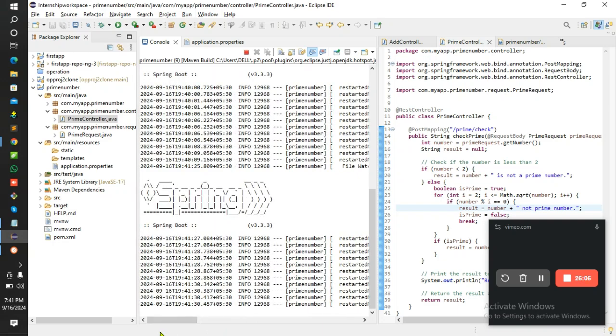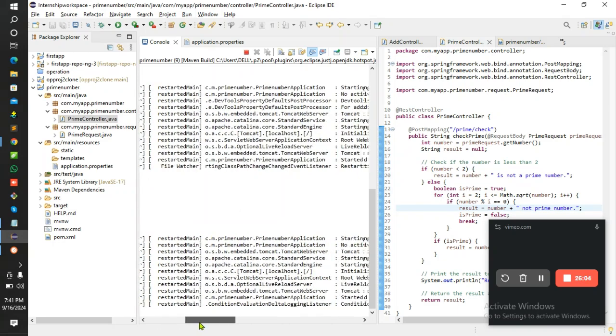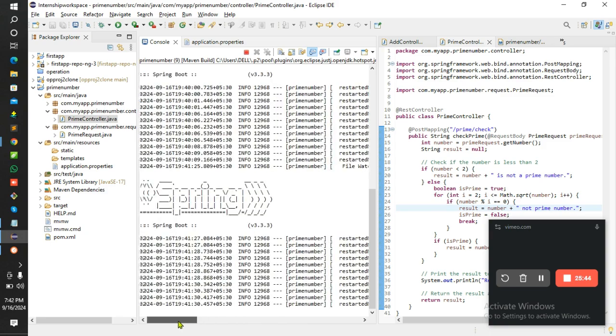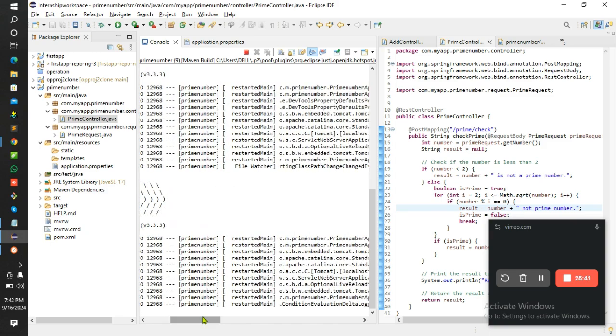This is called DevTool. DevTool helps us to run the application automatically whenever we make any changes. There is no need to run the application again from the start. The DevTool dependency helps us to run the application automatically. Then the next step is,